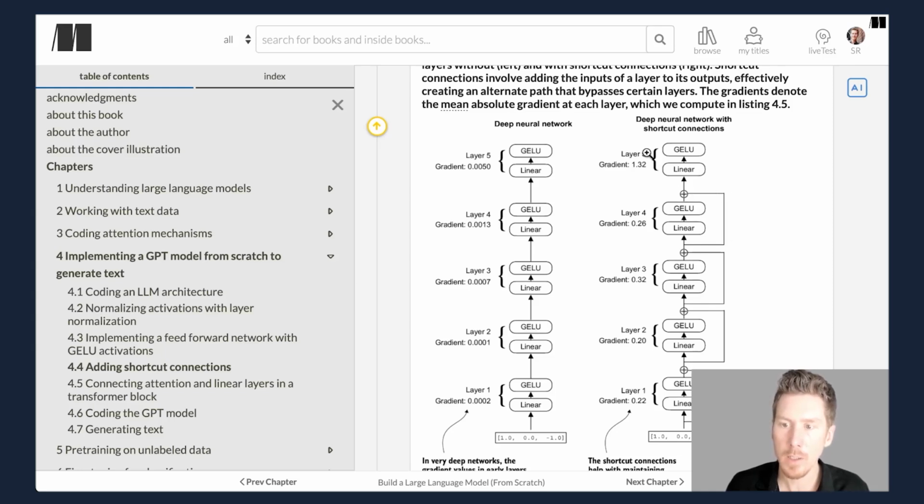And you can see here, by the way, I'm not making these numbers up. I have code, and we will look at this in a few moments. But what you can see is that when I add these shortcut connections, we have much larger gradient values. We have here 1.32 and then 0.26, 0.32, 0.2, 0.2. So we have much larger values, and that helps the network to train better because there's more information for updating